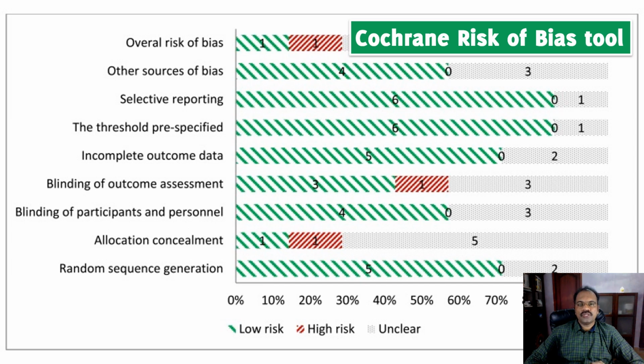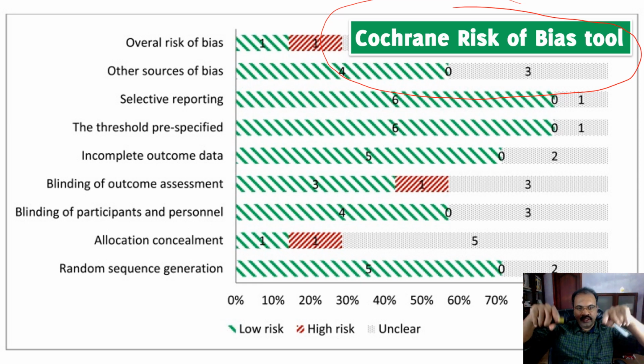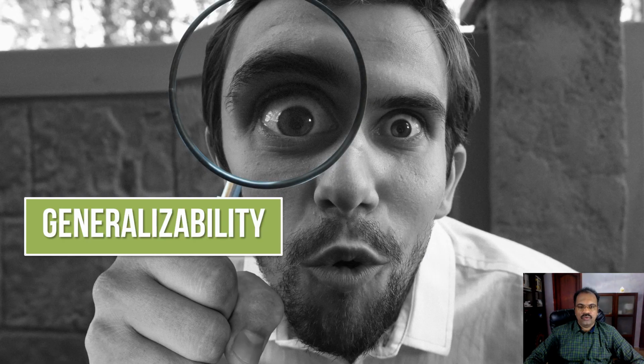If you are doing the risk of bias assessment in a particular study, this is a good tool that you can use: the Cochrane risk of bias tool. Using that, you can grade each study on various biases, selective reporting, incomplete outcome data. That CONSORT diagram that I showed you earlier, from that you can get this information. I won't go into the details, but if you use this tool, you can give one objective rating of the amount of bias that particular study had overall.